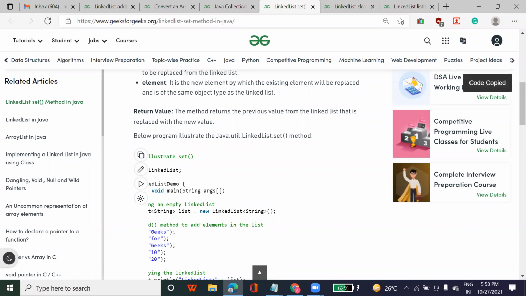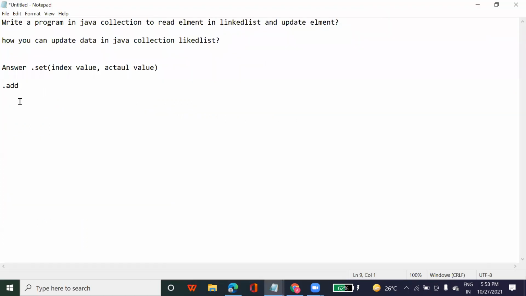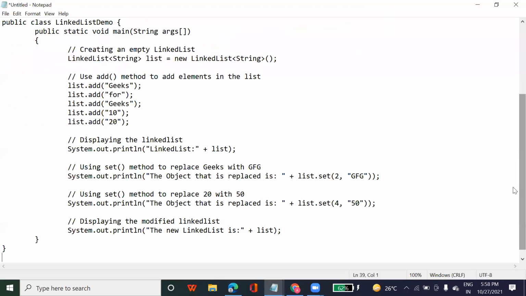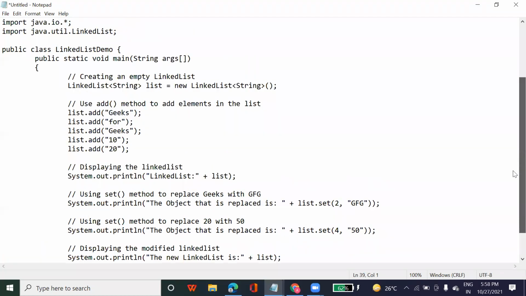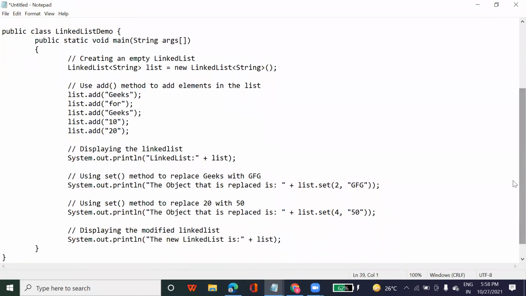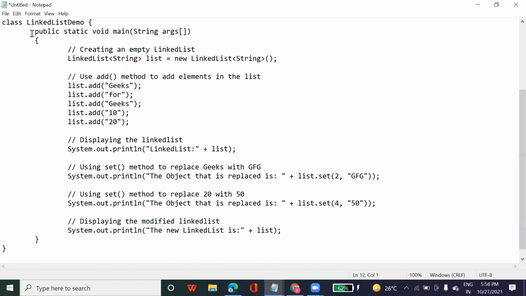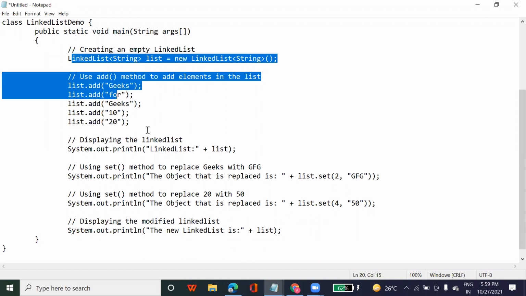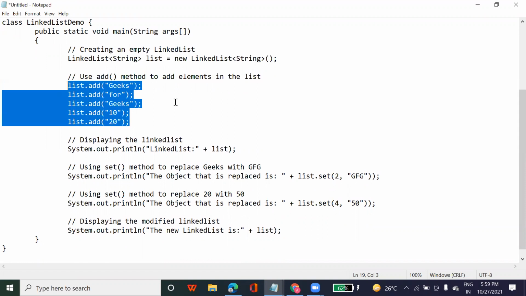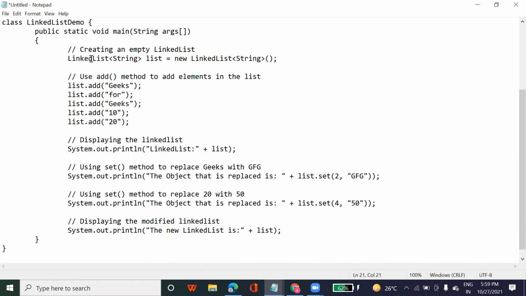Okay. And here, if you can see, this will be the program you have to write in the same way. You are going to create a class, create a function, create a linked list, and add data and a proper comment as well. Try to build a habit of adding comments in the program. This comment will be helpful for those who are going to look at your code.